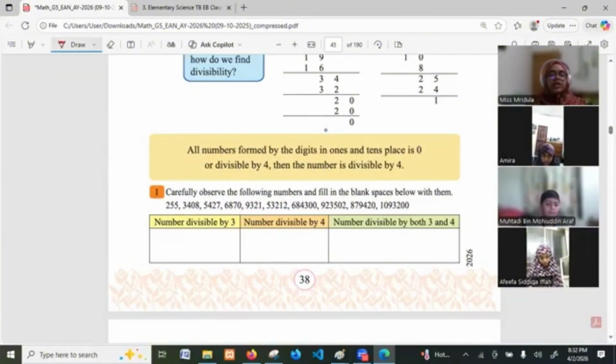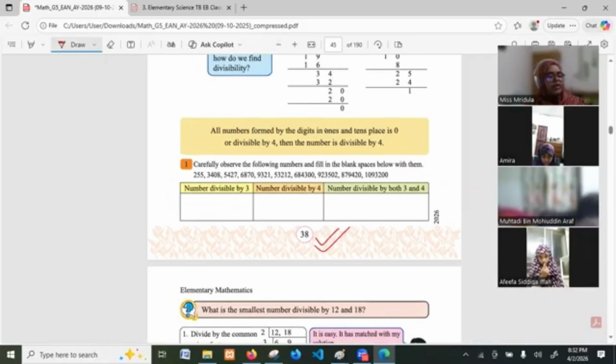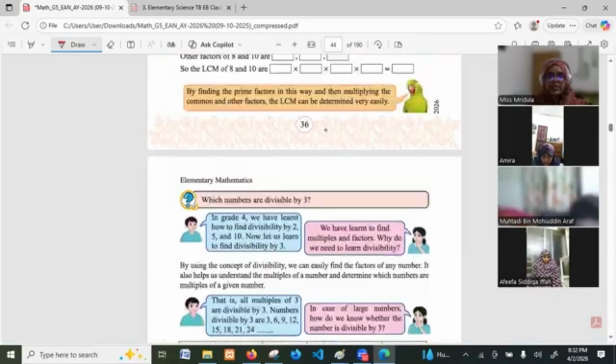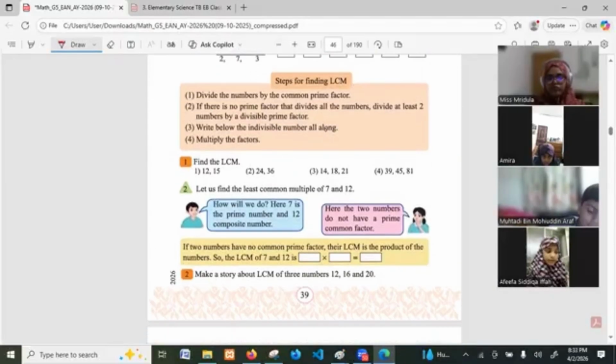This is our syllabus, from the very beginning of this book to page 38. So we have to read the remaining chapters completely, but in this third chapter we can only go through the LCM, and that's the end. LCM and the divisibility. Yes, can you